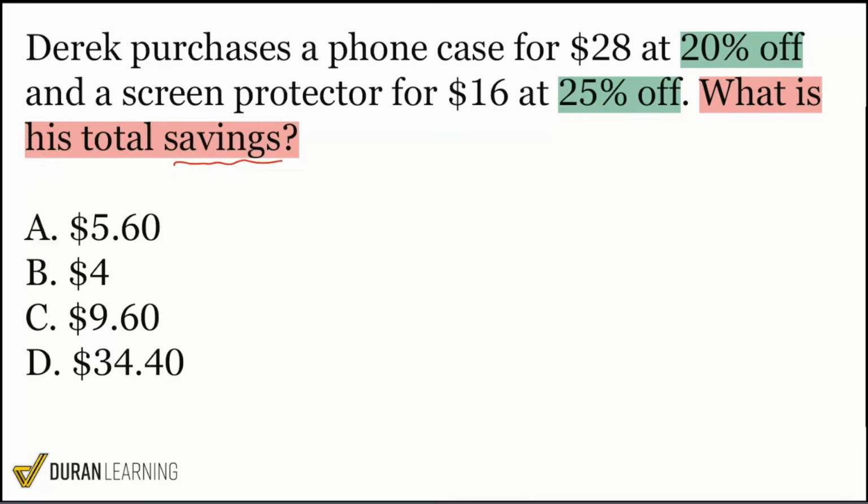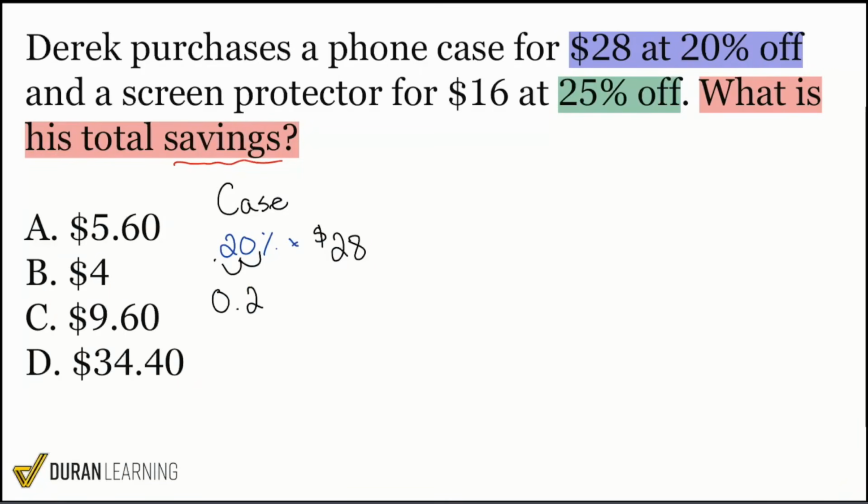So here we are. Let's go ahead and calculate first the phone case, $28 at 20% off. So the case, let's go ahead and write that there. And then we have $28. And we will be multiplying that $28 by 20%. And then don't forget, when we're calculating with a percentage, we turn it into a decimal, moving that decimal place twice to the left. The same as dividing by 100. And that will turn into